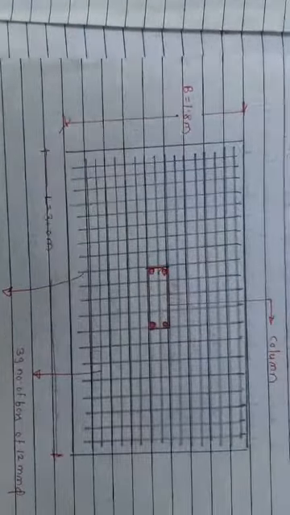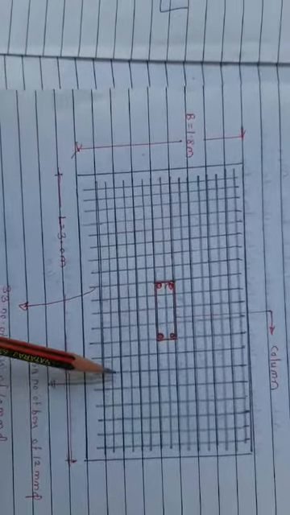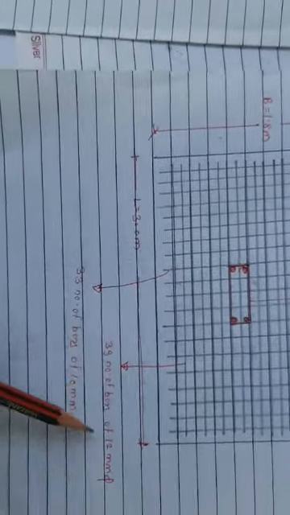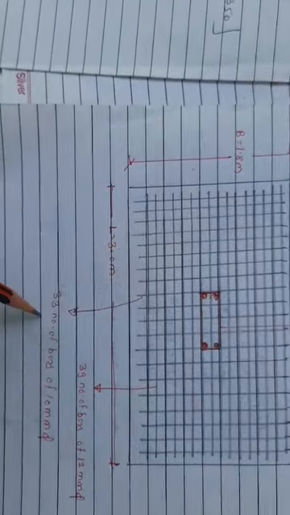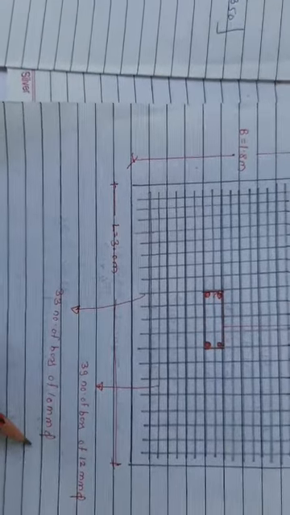So this is the arrangement of the reinforcement. This is your position of the column. So along the length of the footing, we have to provide the 39 number of bars of 12 mm, and along the width of the footing, we have to provide the 33 number of bars of 10 mm diameter steel. So this is about the design of the rectangular footing.